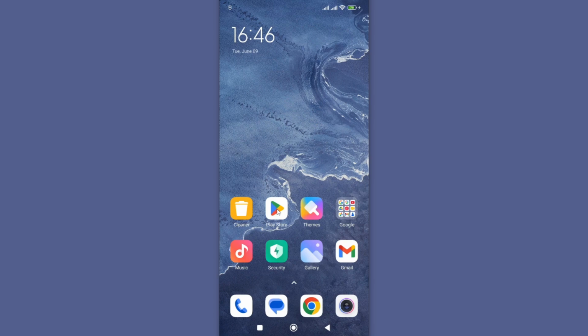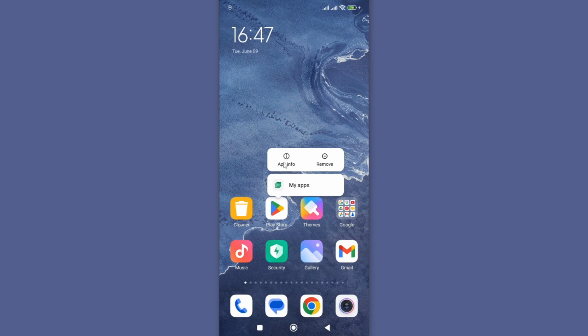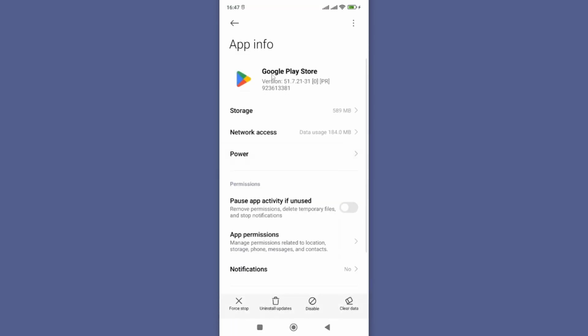Store. For that, we need to troubleshoot Google Play Store by just long pressing on it and access its app info page. However, if you can't see this app info, you should see a settings gear here or the name of the app around here. Depending on your smartphone or Android smartphone you are using, you should now be on Google Play Store app information